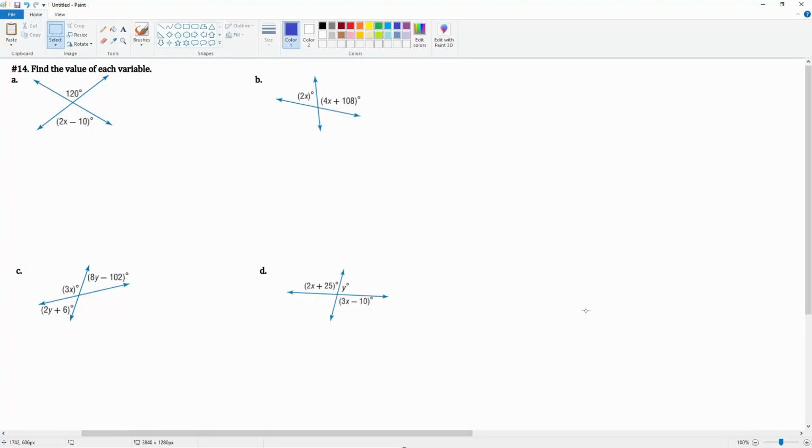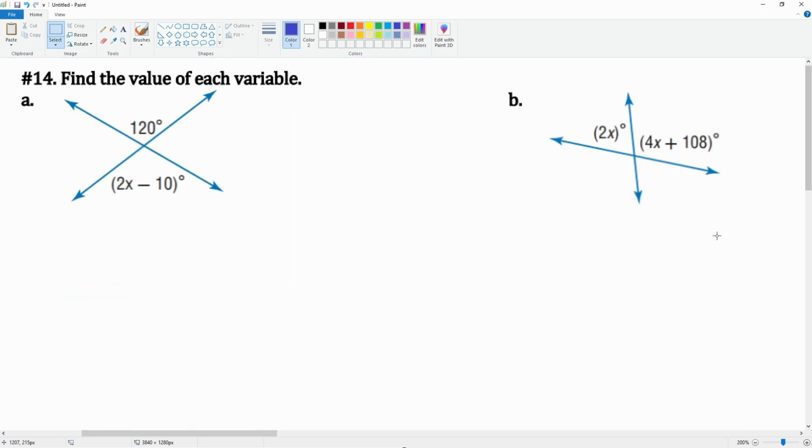Question 14 asks us to look at the intersection of these two lines. We're given some angle measurements and we're asked to find the value of each variable. Be very careful what you have here. These two angles look like they're reflections of each other, so they're vertical angles. Since they're vertical angles,